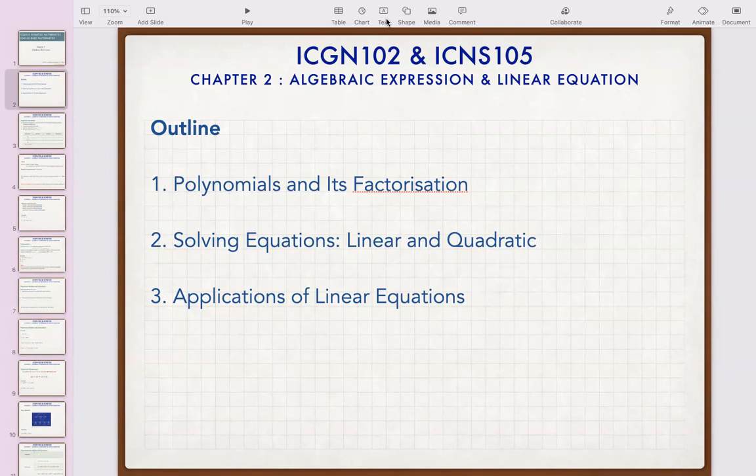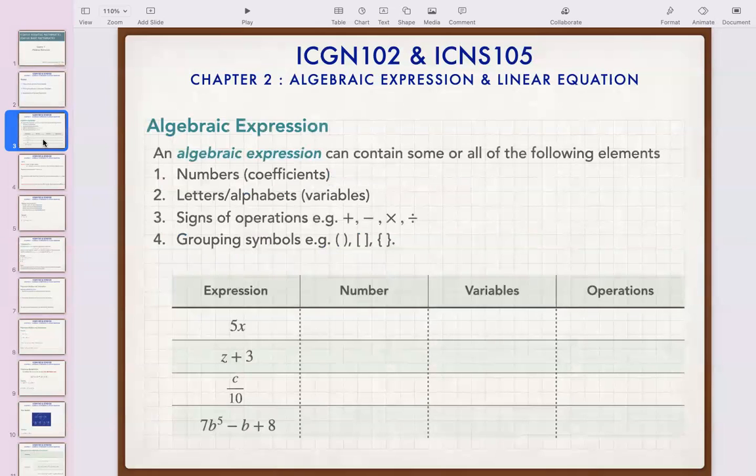How are you going to apply the equations, the linear equations, into real life? So I'm going to talk about the first one. We talk about the algebraic expression. When we talk about the algebraic expression in here